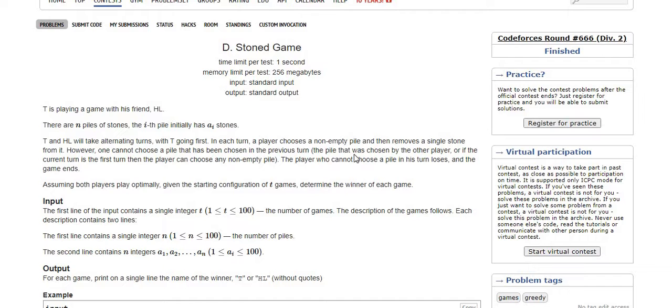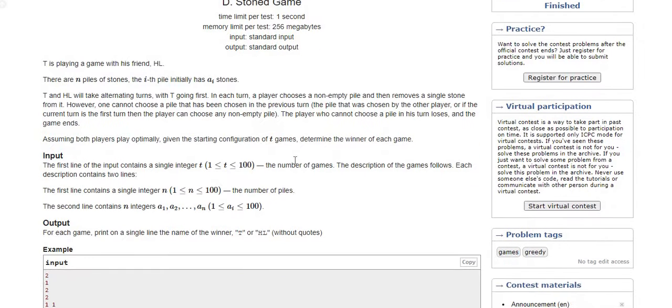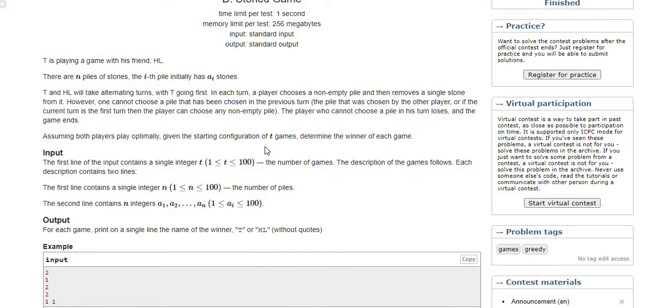So that way we have to repeat this process, and we have to find out who is going to win this game. For example, there are two piles, and each pile contains some stones. First T takes a turn, and the pile count is decremented by 1.